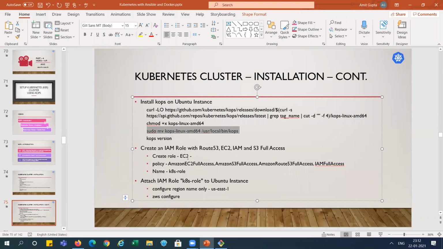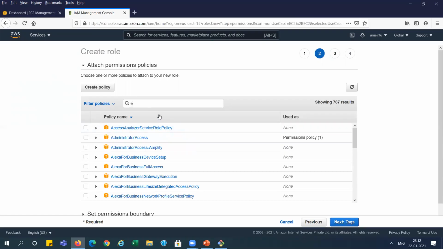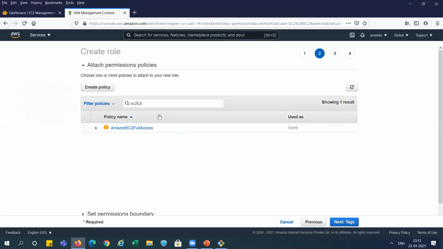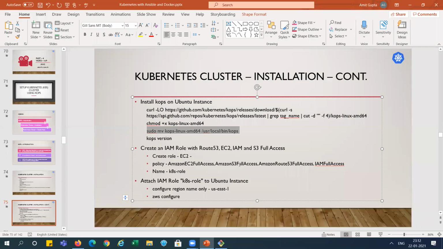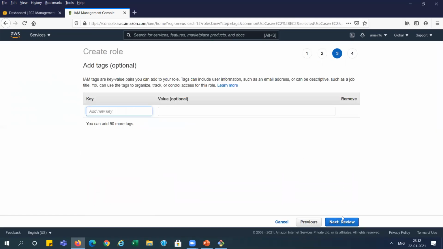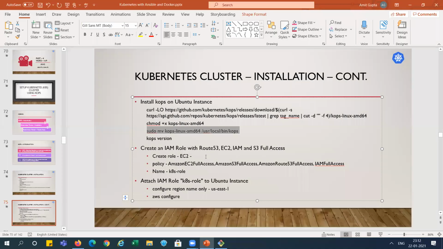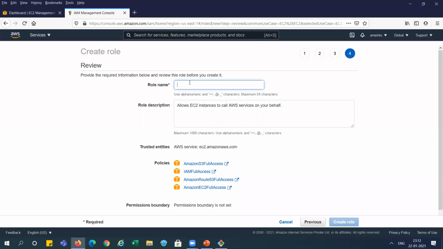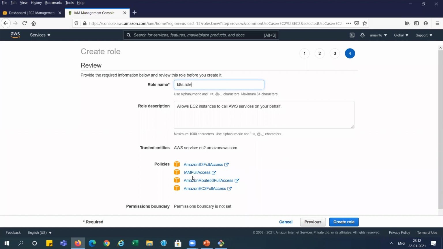You can see we need to take EC2 full access, right? EC2 full access, right? EC2, S3, IAM, Route 53. We have selected all 4 policies, right? Next, tagging, it is optional, right? Next, review. I am putting my role name as K8s role. And you can see these 4 policies are selected over here, right?